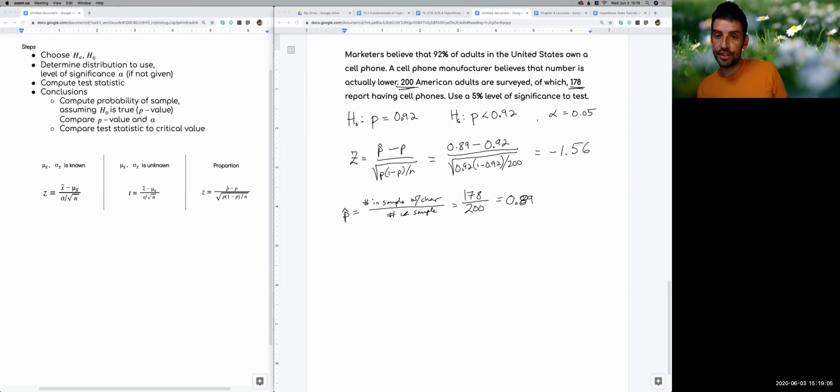So in the last couple of videos, I checked the test statistic by comparing it to a critical value. Let's do something different. In this case, let's compute what's sometimes called the p-value. This is the probability of getting this z-score or more extreme. So in this case, it's getting a z-score of negative 1.56 or below. And this we can just compute on a normal distribution calculator. I already punched that in and get